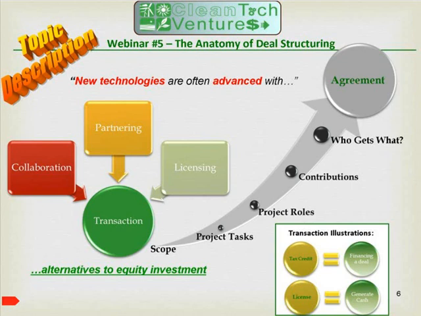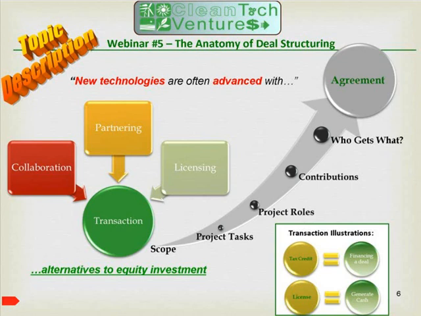We will also identify articles within agreements which define the technology, the project scope, necessary tasks, roles of the parties to the agreement, and also the contributions that these parties make, and also who gets what out of the deal. These essential elements will constitute the core of what makes up the agreement.